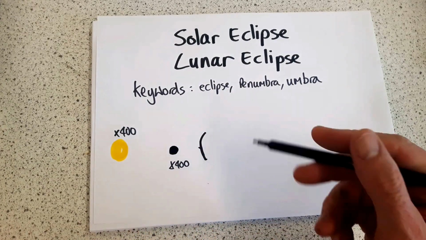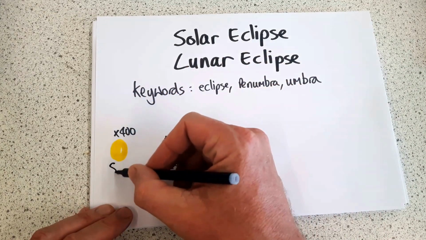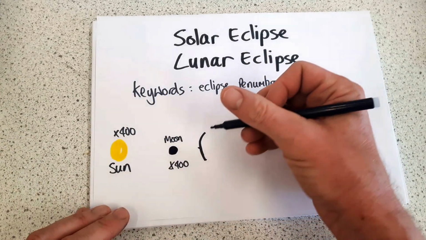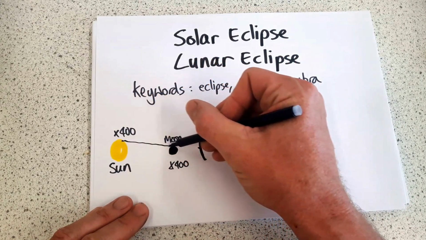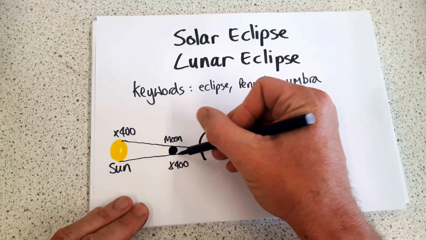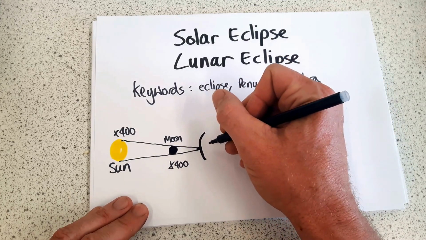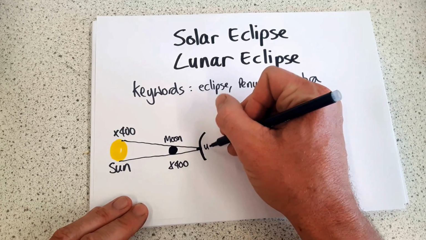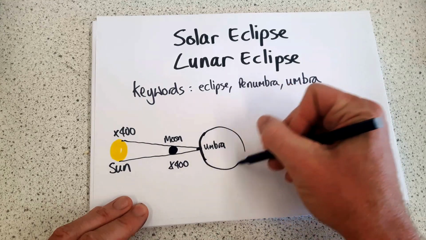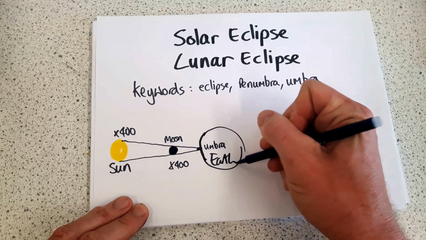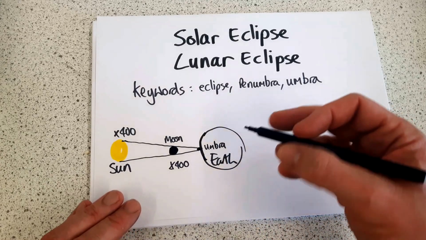So a solar eclipse is simply when the moon blocks the light from the sun from reaching a point on the Earth. So if you imagine this point here, we'll get the shadows. So this point here will be perfectly dark, and that's known as the umbra. So if you're stood in that part of the Earth, this is the Earth, and the moon blocks the sun, then this bit here will be a total eclipse of the